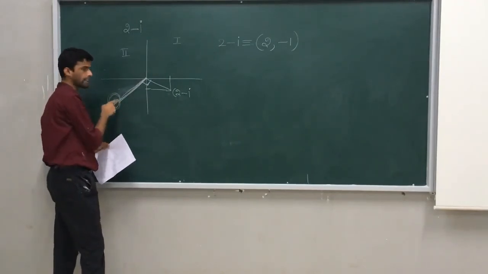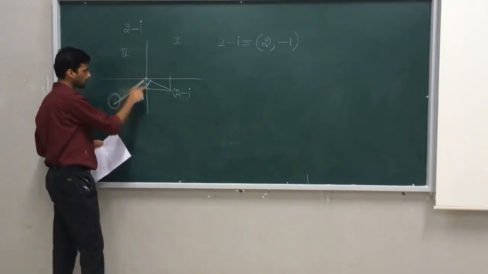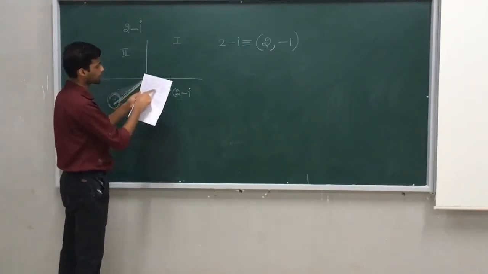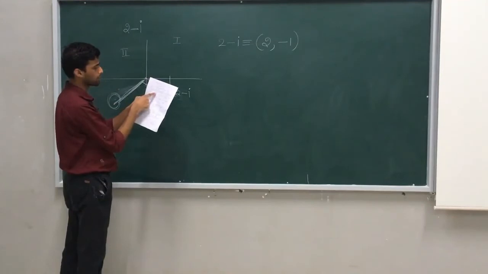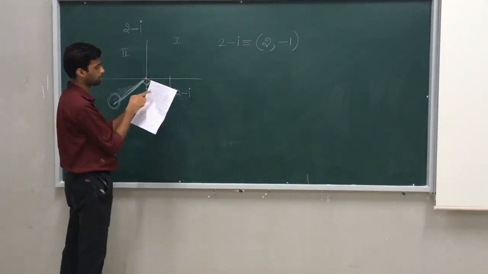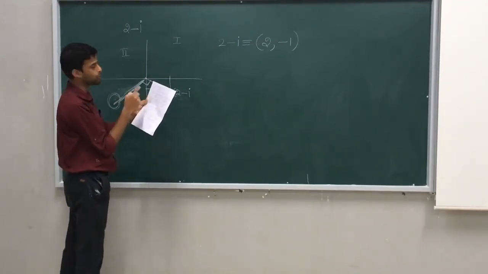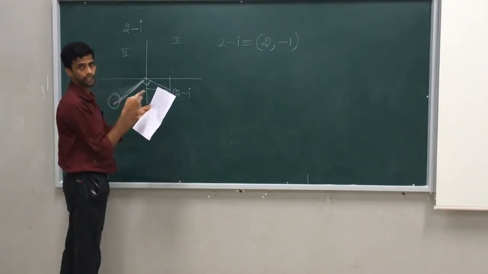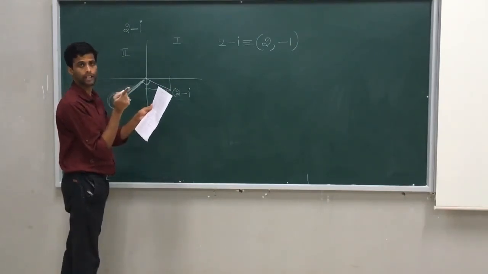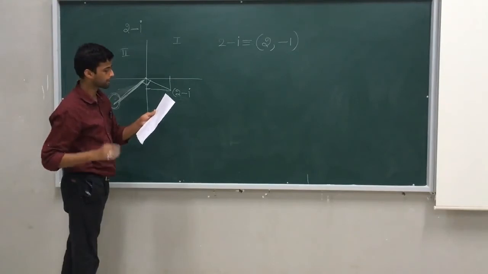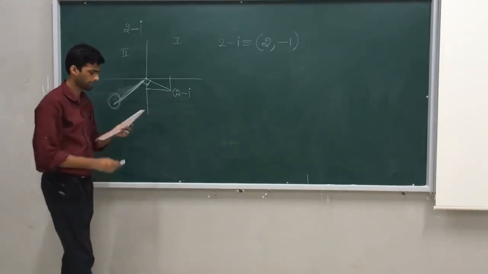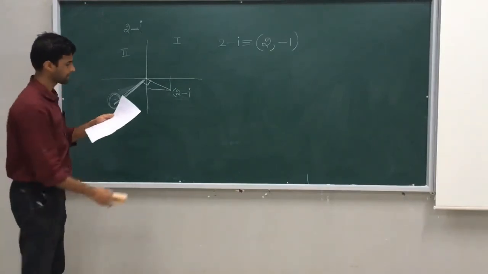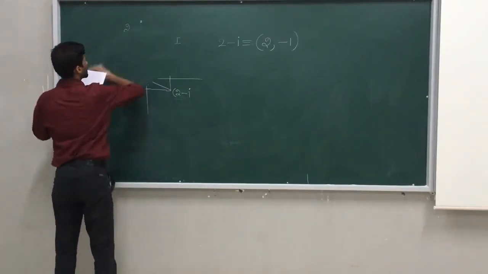And we all know that in the third quadrant, both x as well as y are negative. Just check the option where both x and y are negative. Option B, which is both negative. Therefore, minus 1 minus 2i is the new position of the point 2 minus i when it is rotated in a clockwise direction through an angle of pi by 2. Therefore, option B is the right answer for this particular question. Okay. Let's move on to the next question.